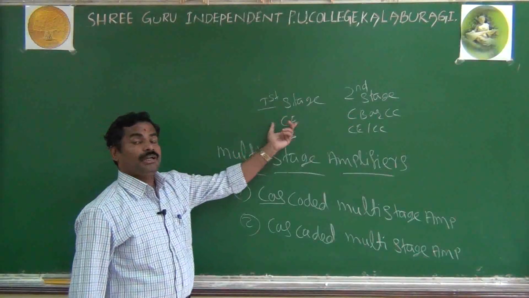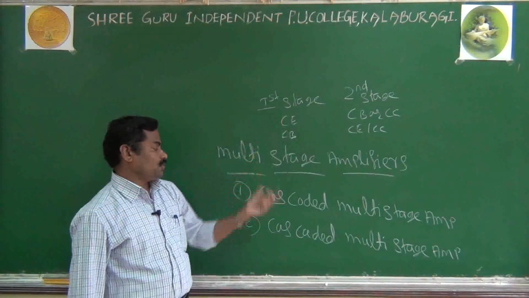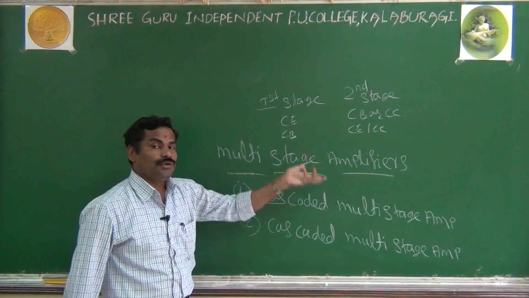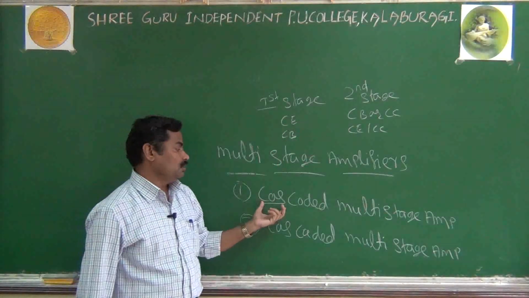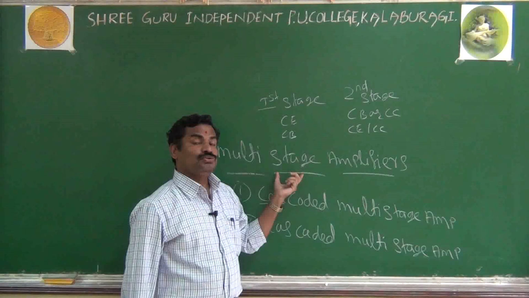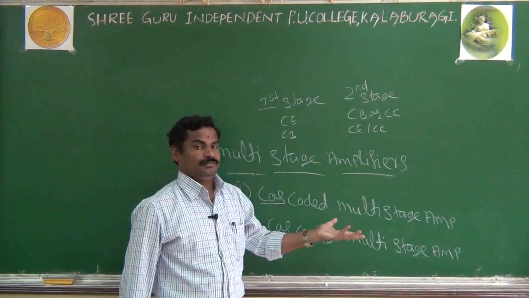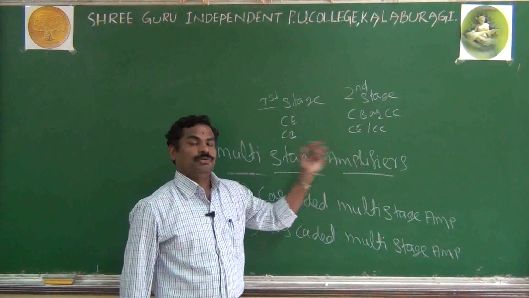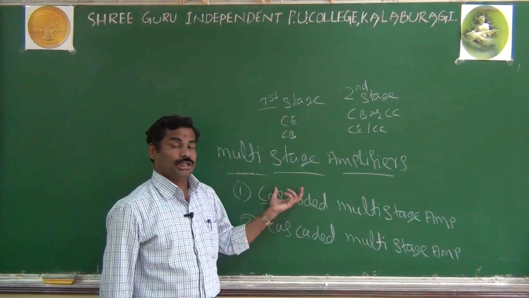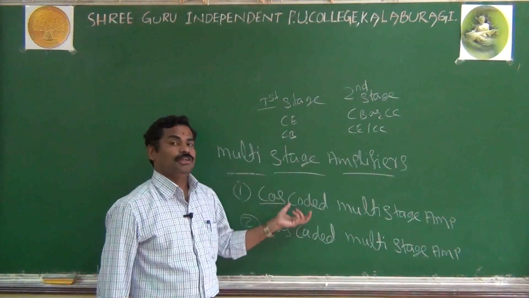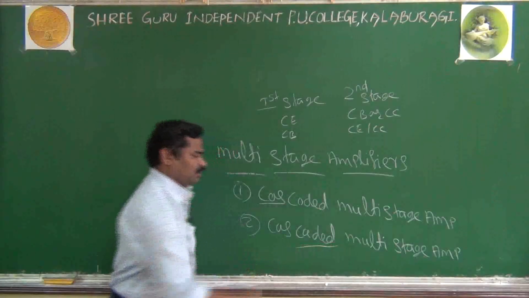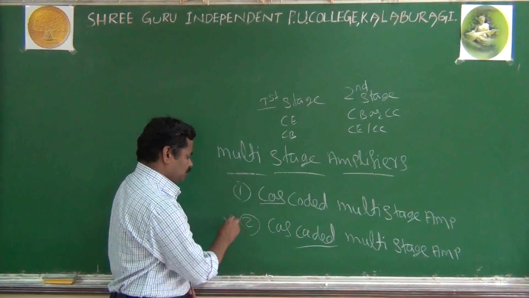You are using different types of couplings. In the cascode amplifier, you are using different transistor configurations, and also different types of coupling. That is what is called a cascode multi-stage amplifier. In a simple way, the two stages are different. One may be common emitter, one may be common base. One may be common base, another common collector. And the coupling is also different. We'll go into detail about the types of coupling. In your syllabus, more importance is given to the cascade.